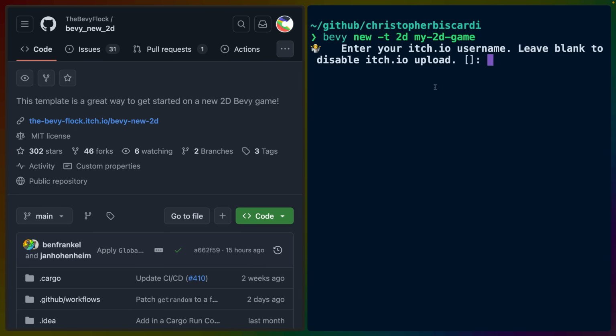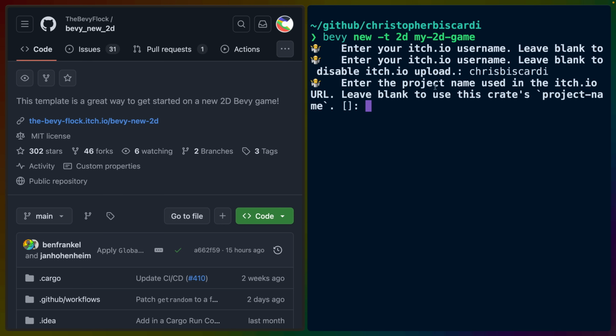The first thing we're asked to do is enter your itch.io username. This is a template that is often used for the Game Jam, and the Game Jam is hosted on itch.io. So if you want to deploy to an itch.io project, you're going to want to put in your username here. The second question is enter the project name used in the itch.io URL. You can guess at this currently, or you can take a second to go to itch.io and create a new